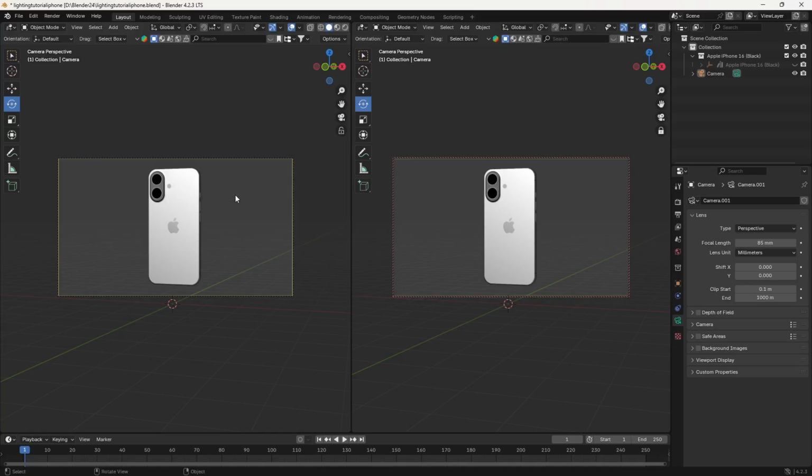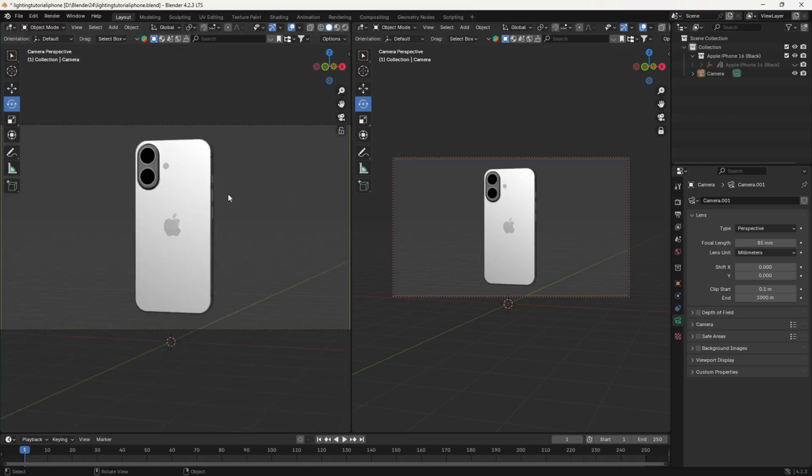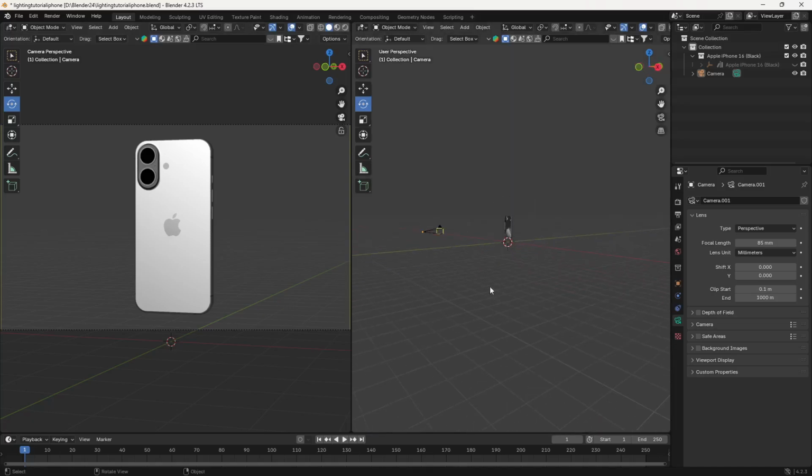Okay, and let's just press the 0 key. Again, go into my camera and let's press the Home key so we can see the final result here. Let's press the Q key and go into our perspective mode. Now you can see we have this camera set, but now we want to do some lighting. Let's say a 3-point lighting or something like that.